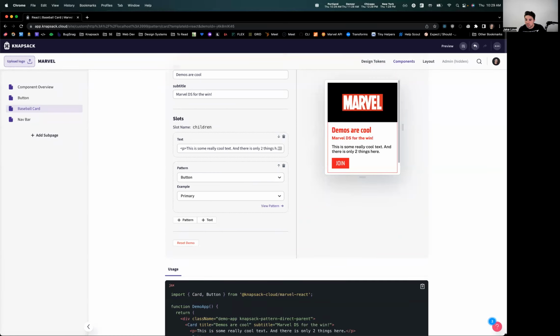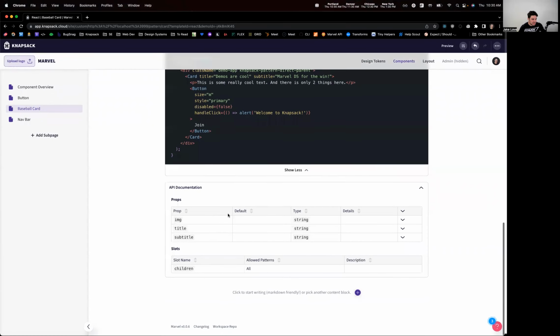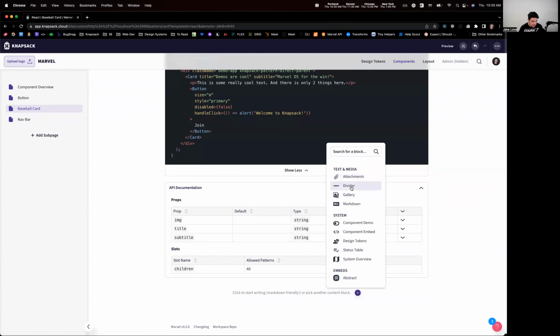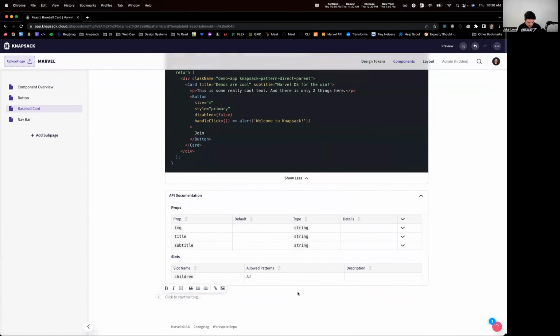Let's see. Couple more questions here, which is great. I think we've got about a minute or so left in this webinar. So let's see. Can you get an overview on how tokens are applied to components for governance sake? Let's see here. So we don't have anything built into the system like this per se that says, hey, these tokens are used in this system. But what you can do is look into the various components or design tokens that are in the system. And so if we set it up this way, we could do something like adding a